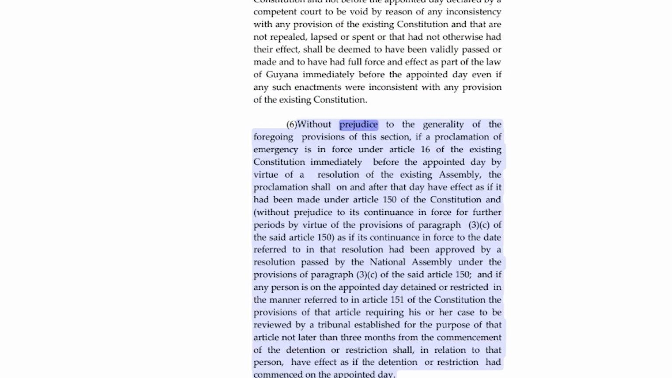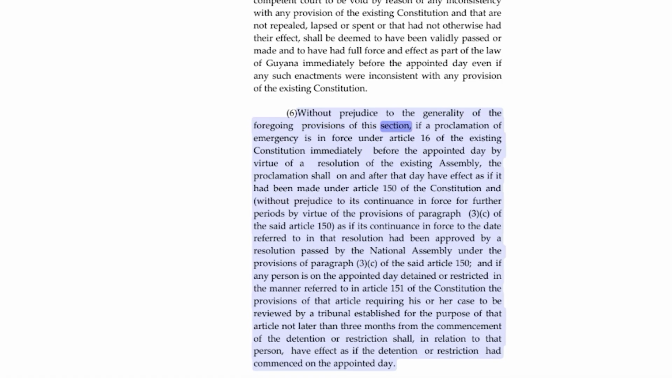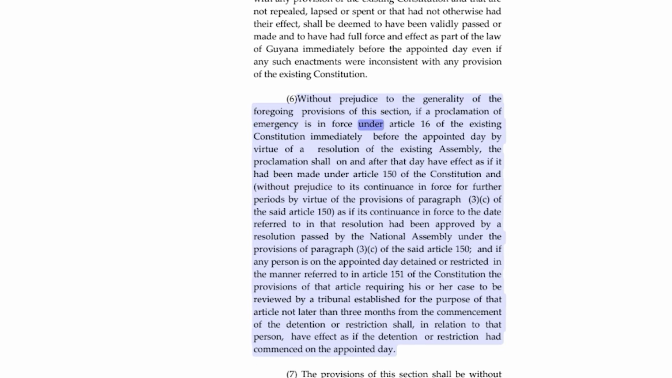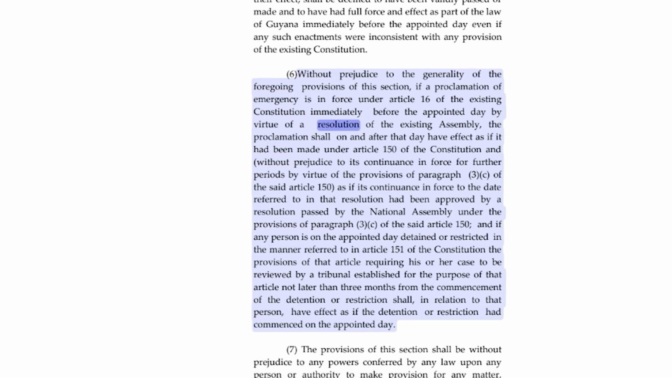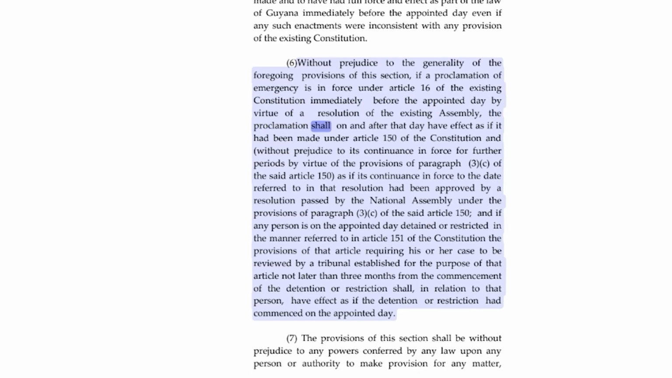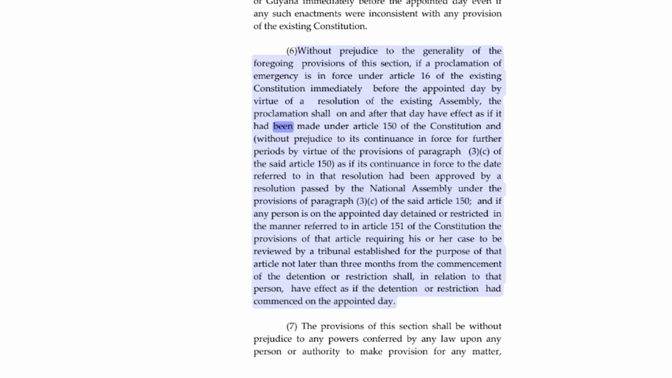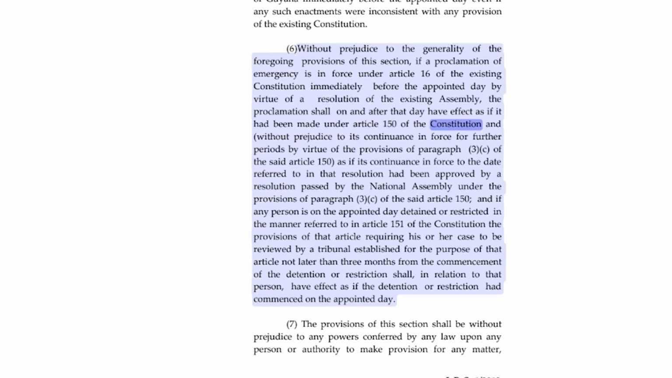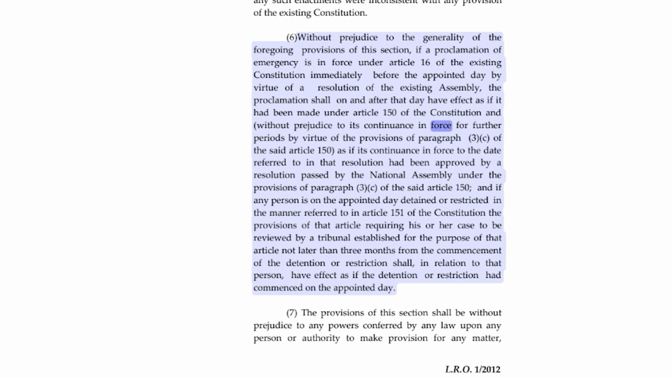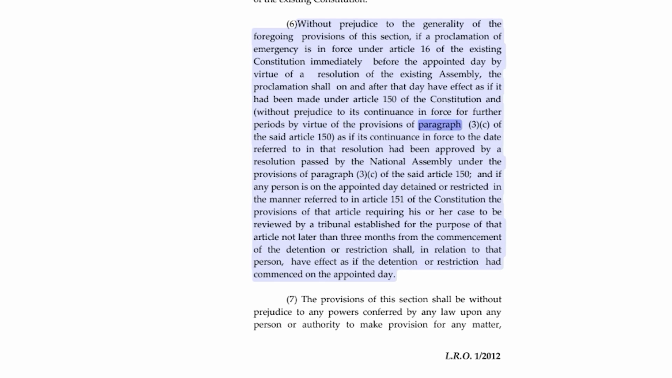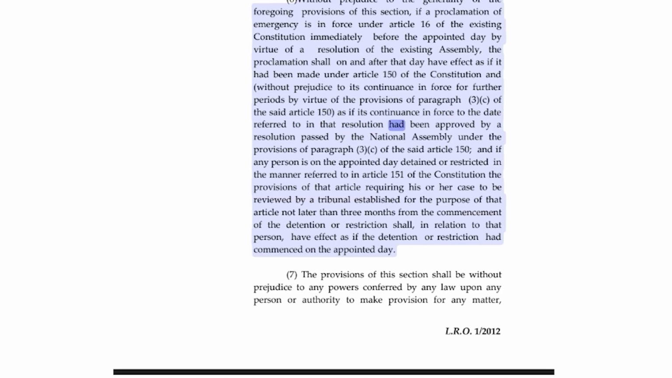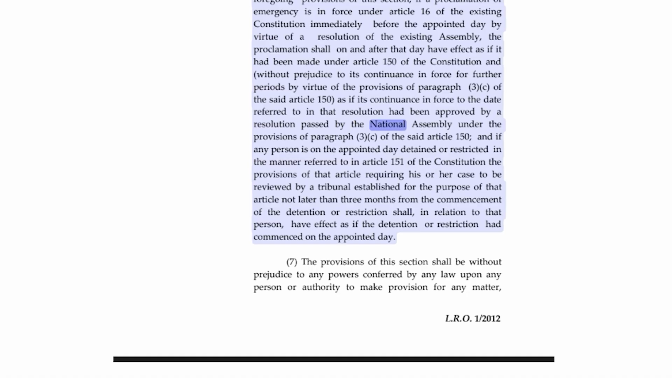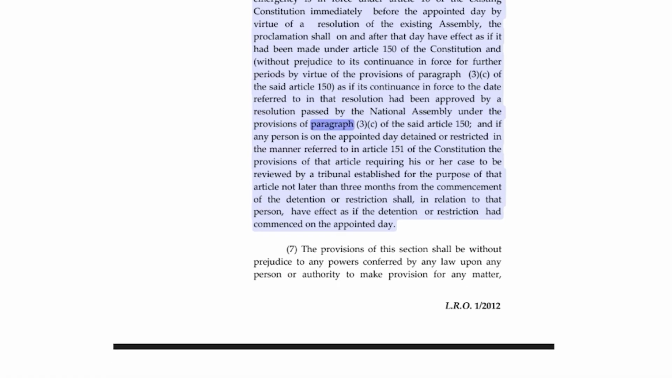6. Without prejudice to the generality of the foregoing provisions of this section, if a proclamation of emergency is in force under Article 16 of the existing Constitution immediately before the appointed day by virtue of a resolution of the existing Assembly, the proclamation shall on and after that day have effect as if it had been made under Article 150 of the Constitution, and without prejudice to its continuance in force for further periods by virtue of the provisions of paragraph 3c of the said Article 150, as if its continuance in force to the date referred to in that resolution had been approved by a resolution passed by the National Assembly under the provisions of paragraph 3c of the said Article